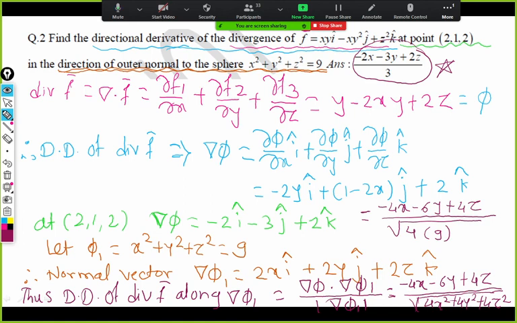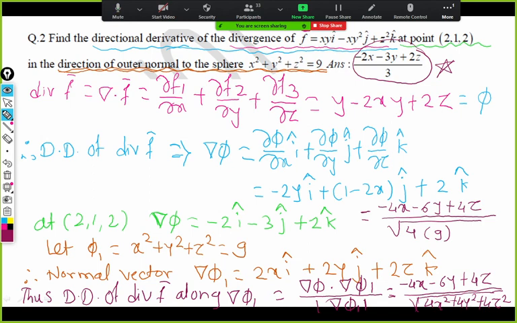So here we get a general component. We don't know in which particular direction we want. That direction is just normal to the surface, but we are not given a particular point on the surface of the sphere. Because of that, the answer comes in x, y, z. Suppose we are given the normal to the surface at the point 3, 0, 0. We replace x, y, z by 3, 0, 0, and we get just 6i vector. Then we take projection of that del phi along 6i, and we get the particular answer.